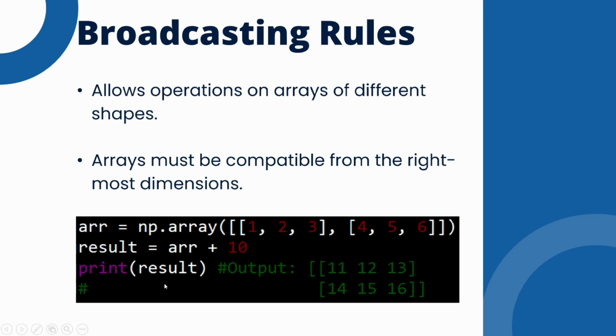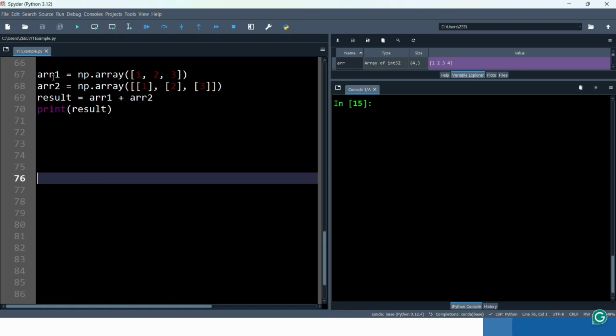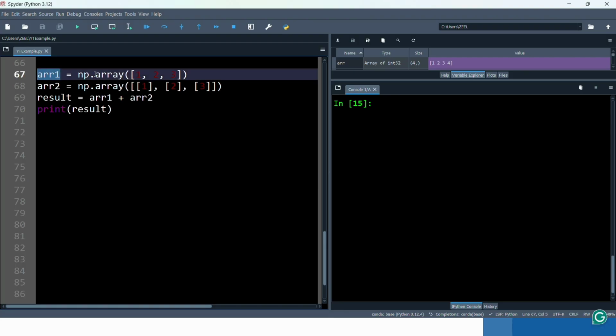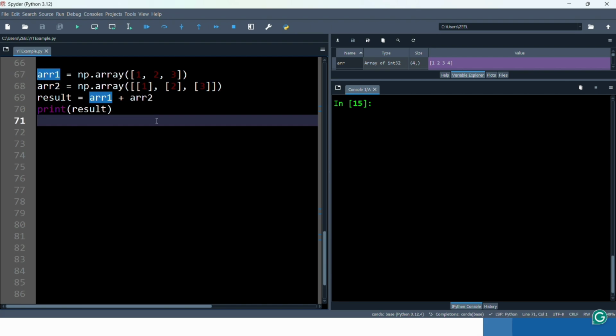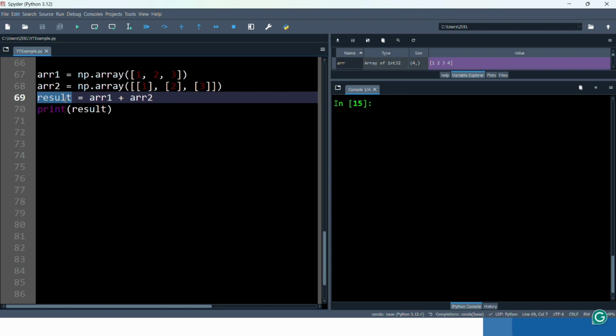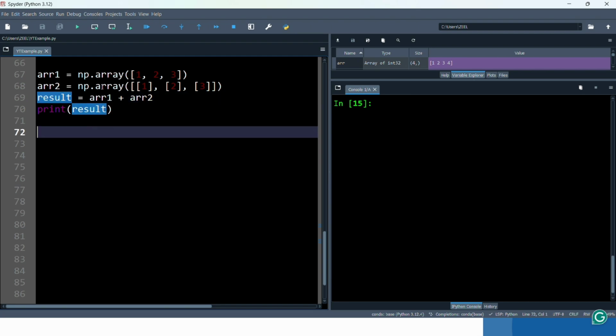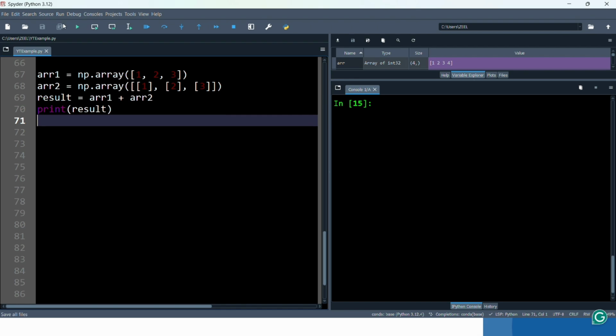Let's take an example where we add a 1D array to a 2D array. Here we have array 1 as a 1D array and array 2 as a 2D array. And we have a variable called result equal to array 1 plus array 2. Let's see the output. 3 cross 3 array